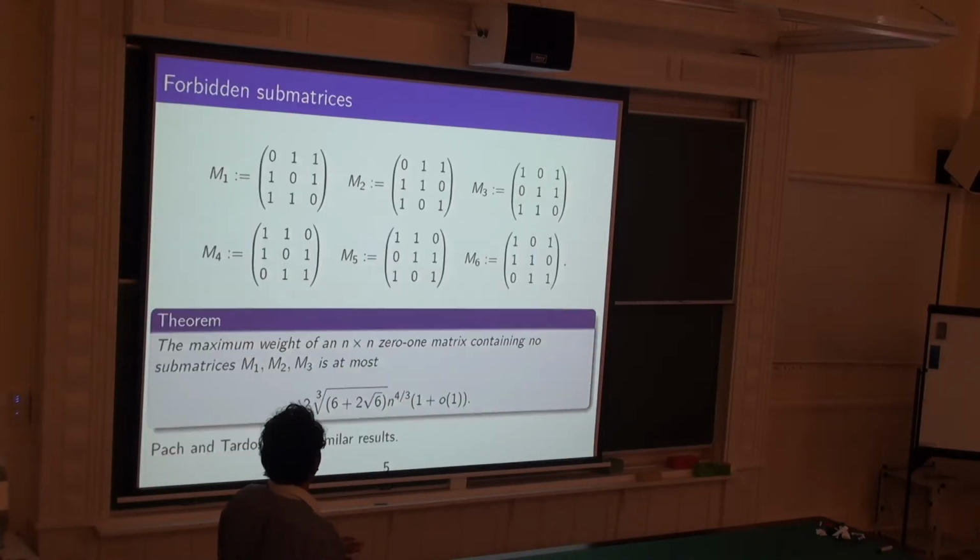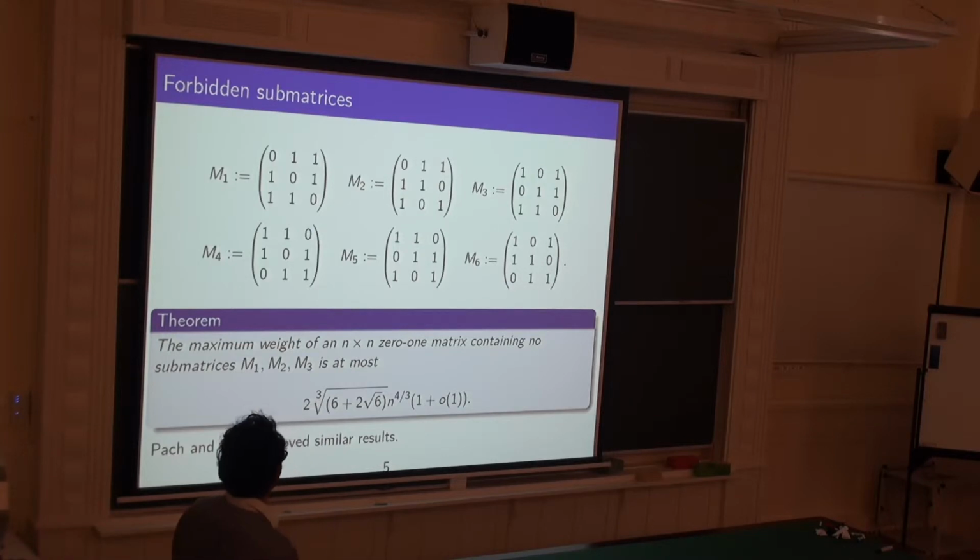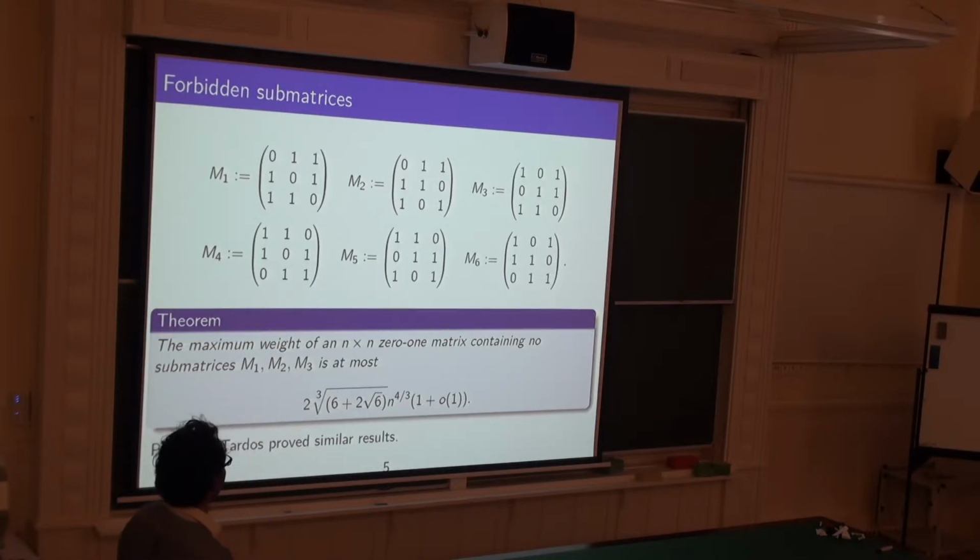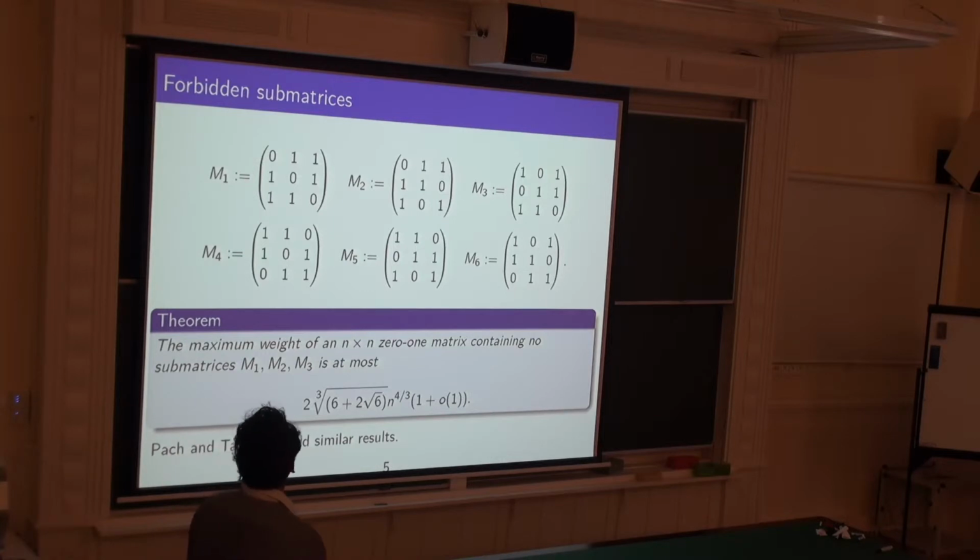So this is exactly equivalent to saying that if we have these 6 matrices, then forbidding M1, M2, and M3, you would get the maximum weight of such a 0, 1 matrix is at most this. So I mentioned this because this is connected to results of Pach and Tardos, where they forbid